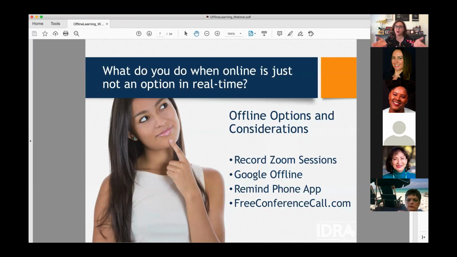So Zoom. Right now we are using the Zoom platform for this meeting. Zoom can be recorded even if the account is free. The only difference between the free and paid account and the recordings is that the recordings will live on your computer. So if you want to record videos, just know that if you're recording them on an iPad or on your phone or on your computer, you will have to move the video from your computer to a cloud